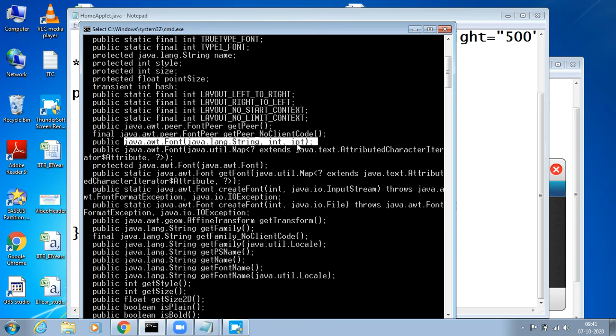Or you can create a simple Font constructor and you can call the font. I'll show that to you.